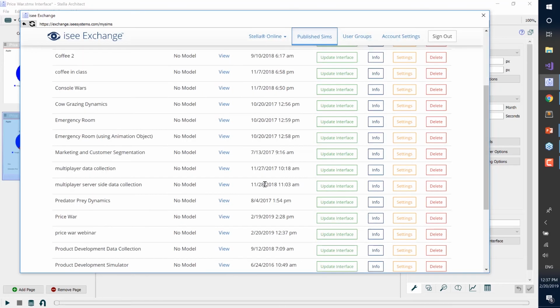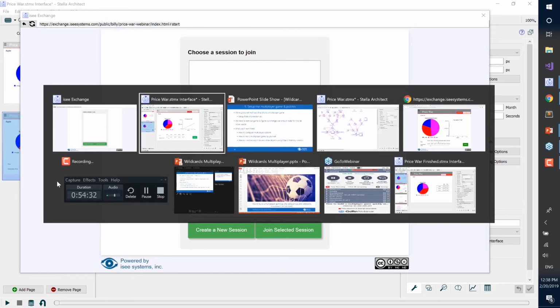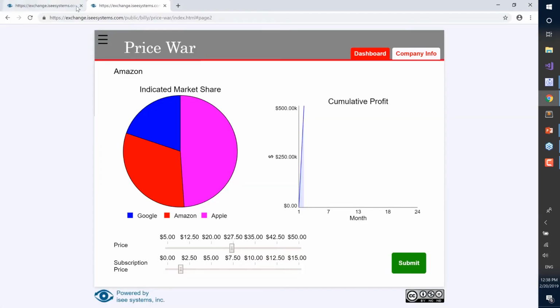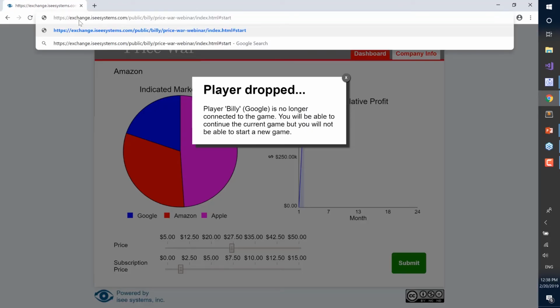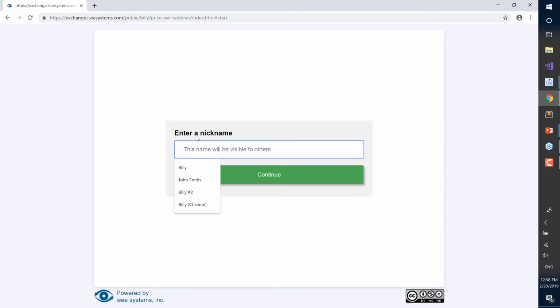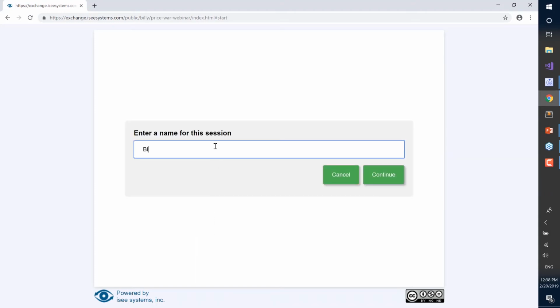When it's done, I can now scroll into the list of simulations and hit the view link, and this gives me a URL for my simulation, which I'm going to copy and bring into Google Chrome so that we can test this simulation. So now that I've found Google Chrome here, I'm going to close the old simulation and I'm going to paste in the new URL. So you can see here now that just like in the original game, it's prompting me for a nickname. So I'm going to say that I'm Billy,